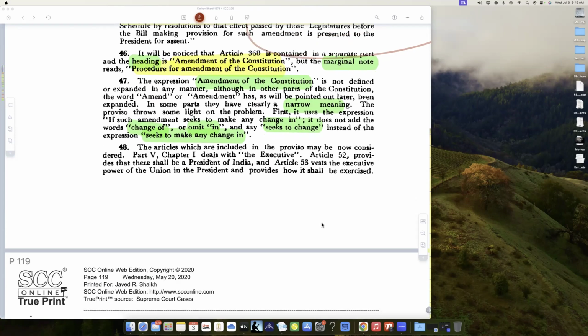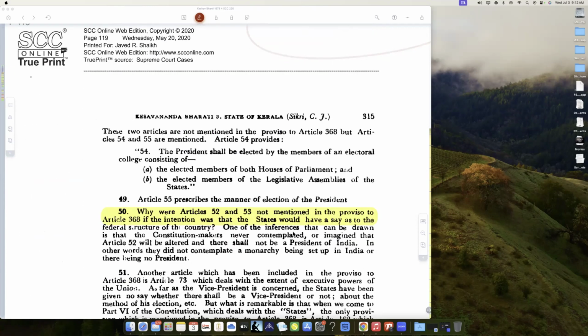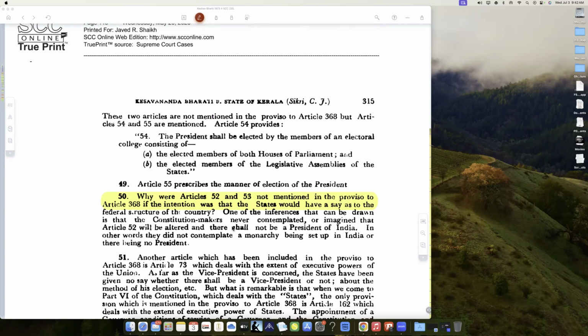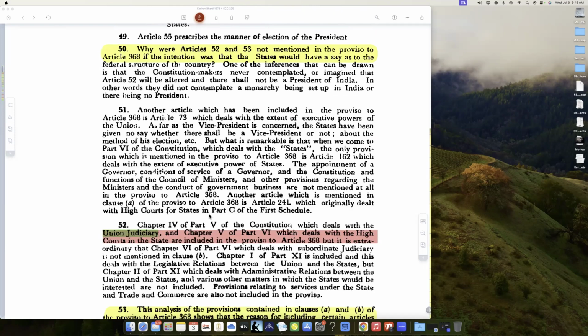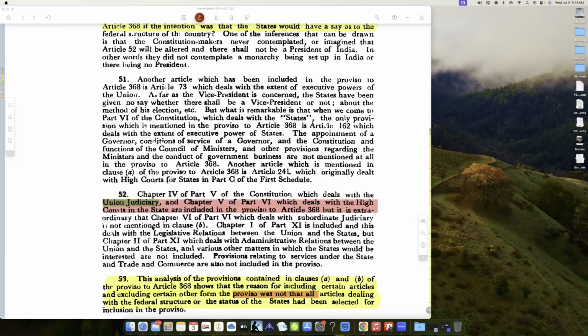So what basically the court is toying with is the idea of what amendment of constitution actually means, whether it's a narrow concept or an enlarged, expanded concept. Then what is Article 54? President shall be elected. 55 prescribes the manner of election. So why are Article 52 and 53 not mentioned in the proviso to Article 368? If the intention of the state would have been to say that it relates to the federal structure of the country. You'll find a paragraph where the court says that these are all articles which relate to federal structure. I'm reading paragraph 52, where it states